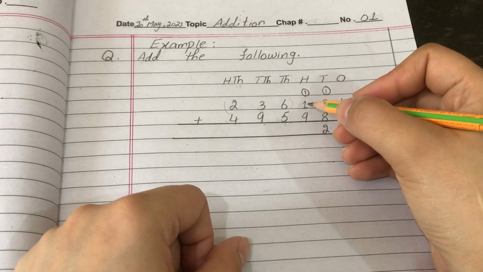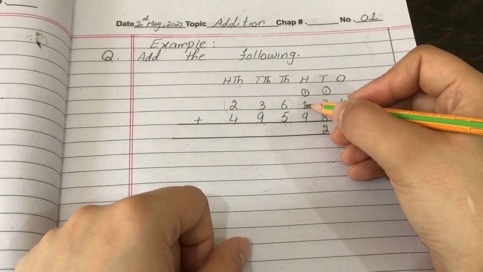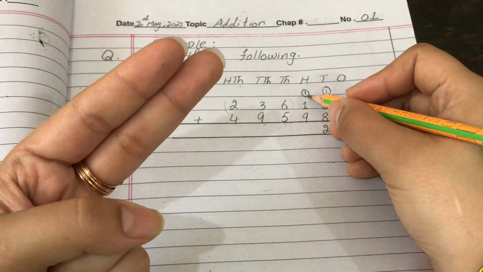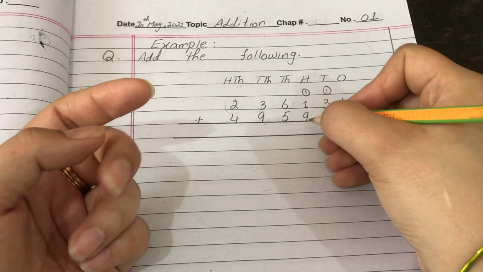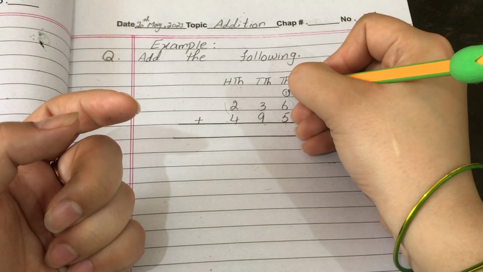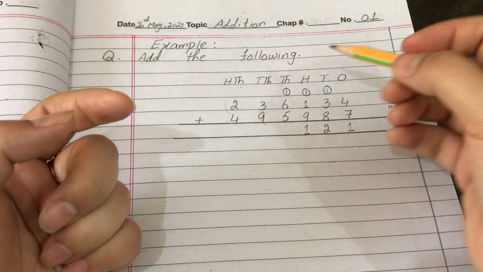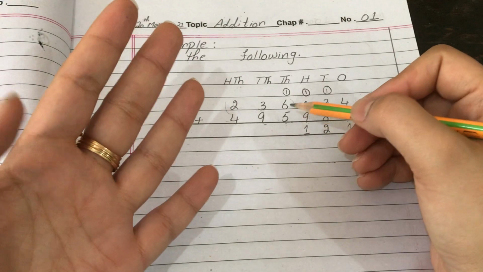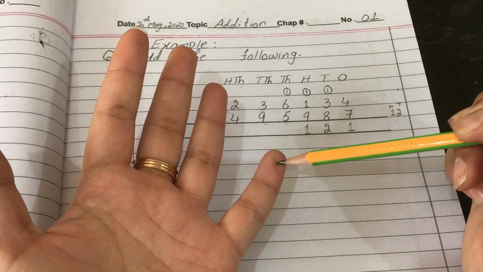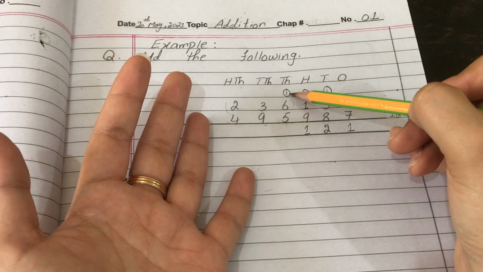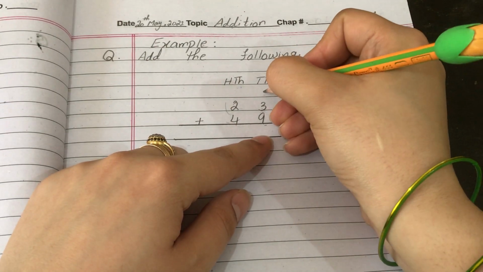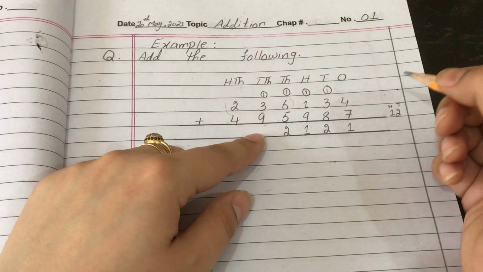Now we have to add the digits in the hundreds place. The digits in the hundreds place are 9 and 1. 9 plus 1, yes, it's 10. And 10 plus 1, it's 11. So, write 1 here and 1 should be a carry in the thousands place. Now, the digits in the thousands place are 6 and 5. So, start counting after 6: 7, 8, 9, 10 and 11. And don't forget to add your carry, it's 12, right? So you should write 2 here and 1 would be a carry in the next column, right?